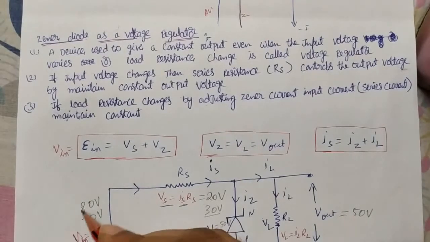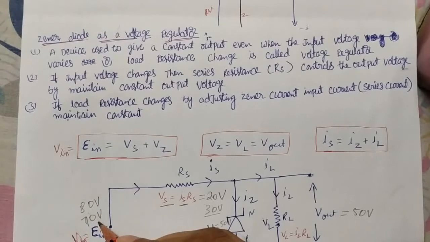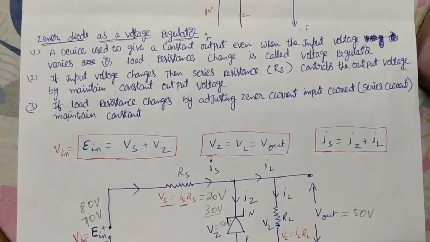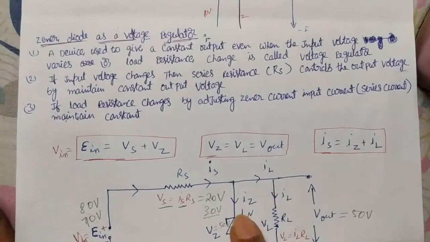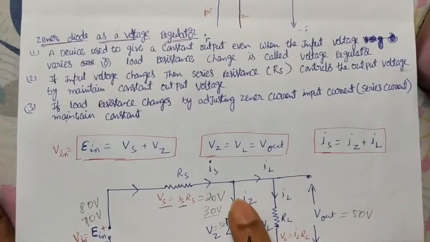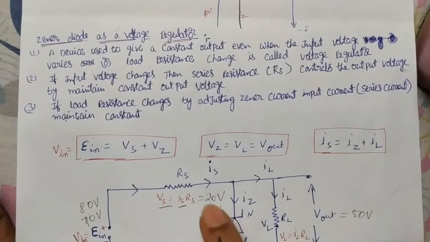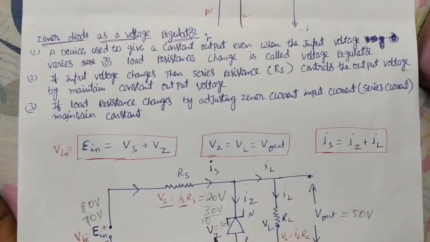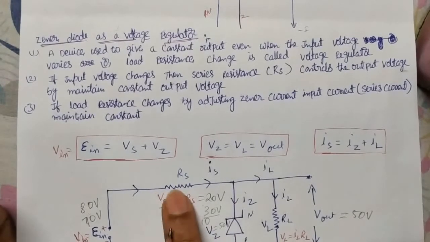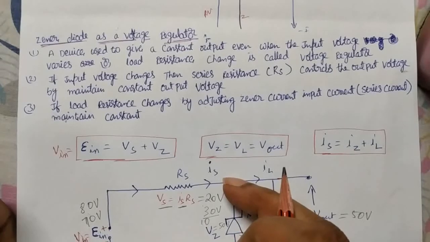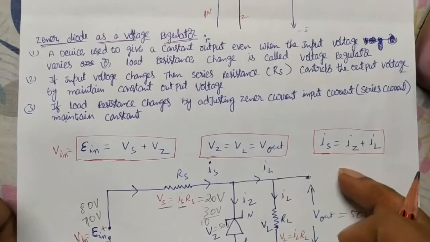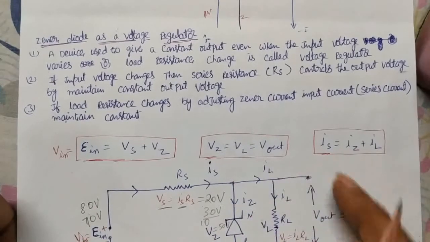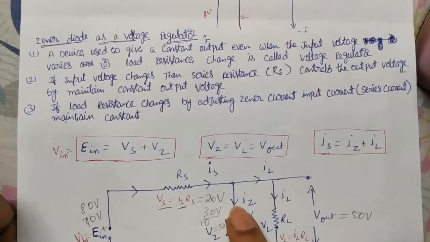That means even if the input potential increases or decreases, suppose you take it as 60 only. Initially 70 and now it becomes only 60, which means it decreases by 10. By decreasing the current flowing through the Zener diode, the potential across the series resistance also decreases. Now it becomes only 10. So of the 60, 10 goes here, and the remaining 50 goes across the load, that is the Zener diode, and across the output. So even if the input increases or decreases, the output voltage stays constant by adjusting its current.